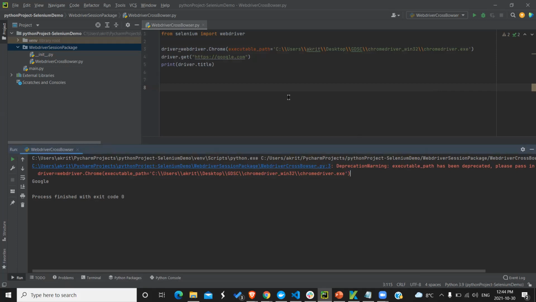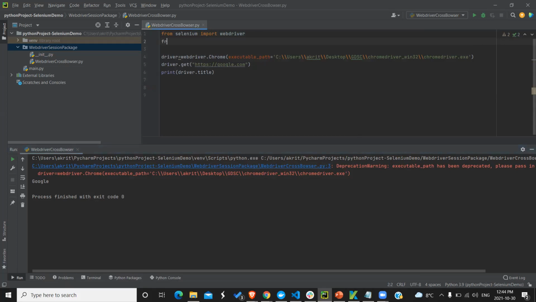So to avoid this, we will do some mitigation. For example, we'll try to have a session here to execute this.